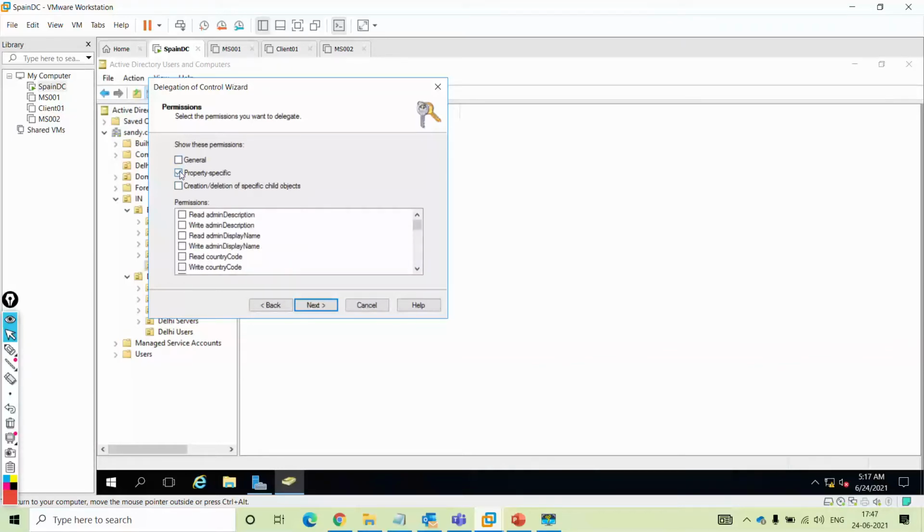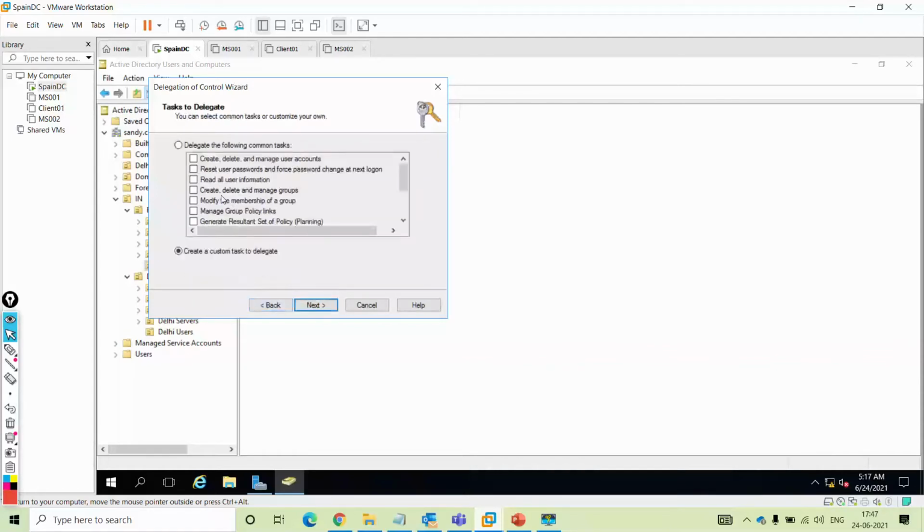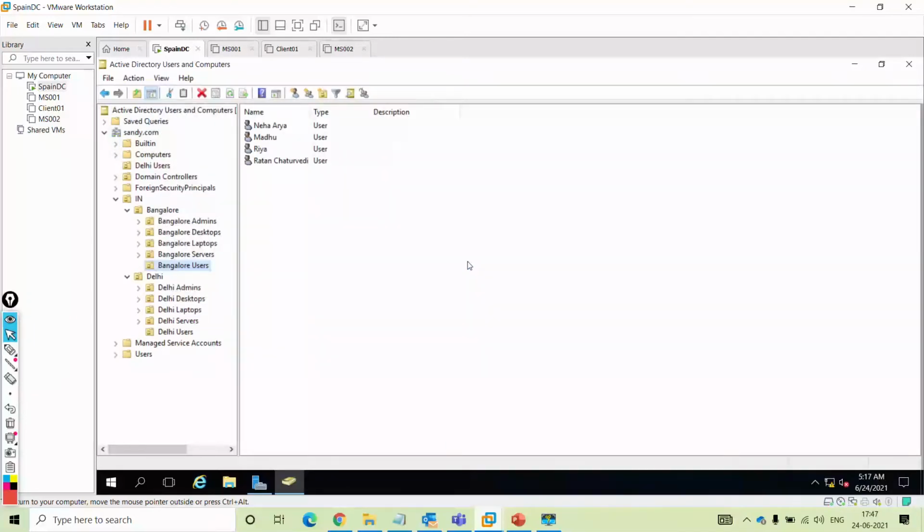Okay, we'll go with the previous option only. I need to search that. So create, delete and manage user accounts and reset user's password. Right, we'll move next and finish.